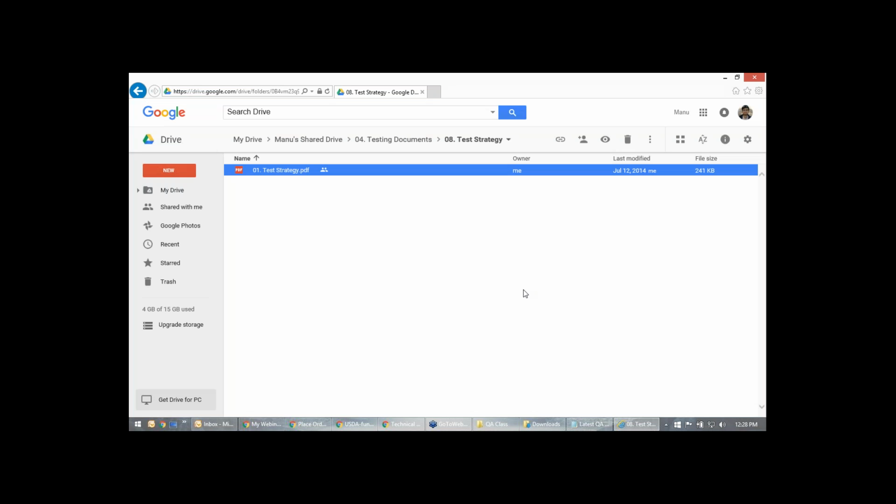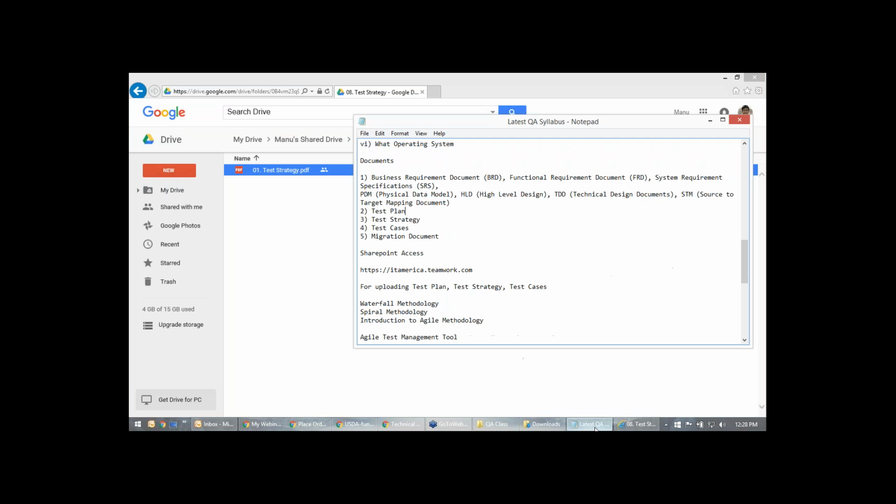So plan is something which you're planning, and it contains the information about the planning. Strategy is how you are going to approach, so it contains all the information about the approaching. Normally in a project they might say both are the same, so go with that. You don't have to argue with them and say no, the strategy is different as well. Don't do it. Sometimes they call test plan as test strategy and test strategy as test plan, and they want to call both the same. That's fine. We don't worry about it, because it's just for reading and understanding, nothing to do with anything, right?